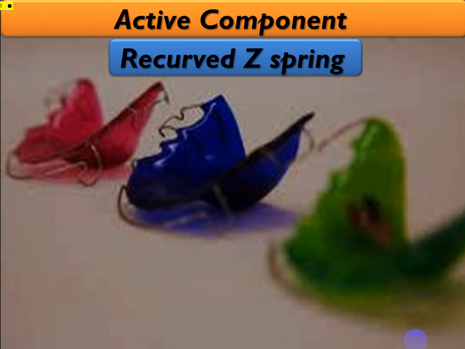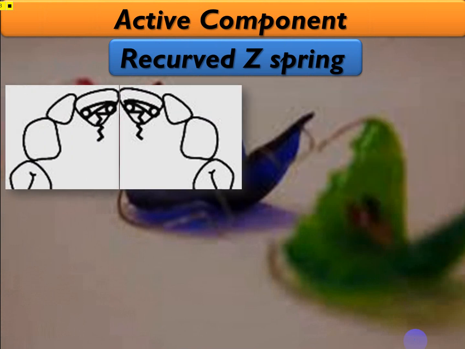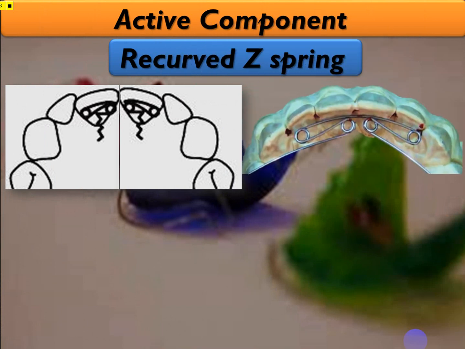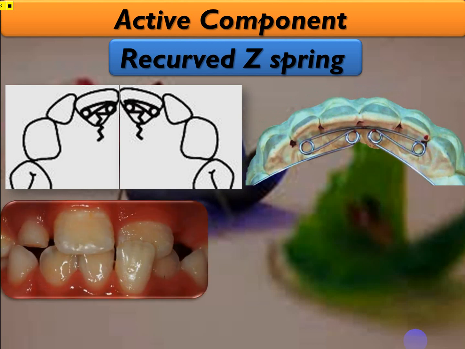The other component that gives us a labial movement or force in labial direction is the recurved Z spring, which is two Z springs joined in the midline to each other. It is generally also like the Z springs, made from 0.5 millimeter hard stainless steel wire located palatally, giving us a labial movement. It can also be used for correction of crossbite and